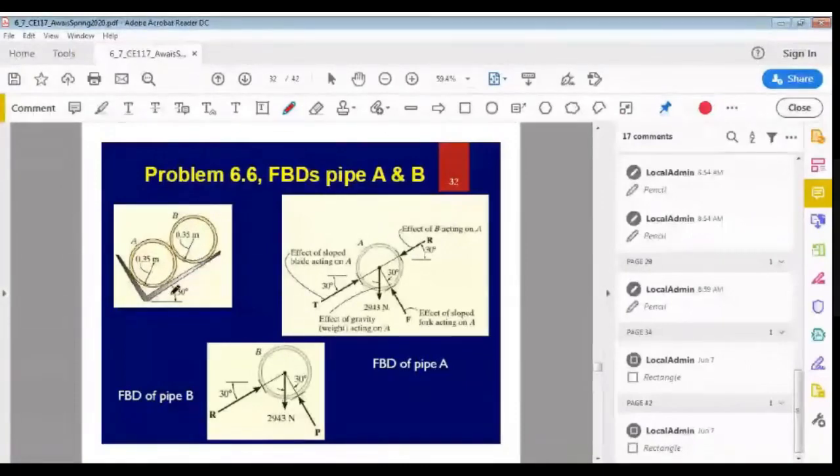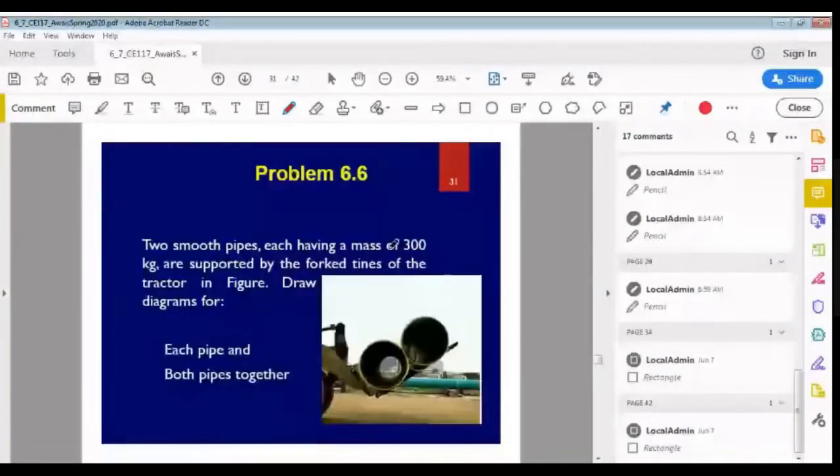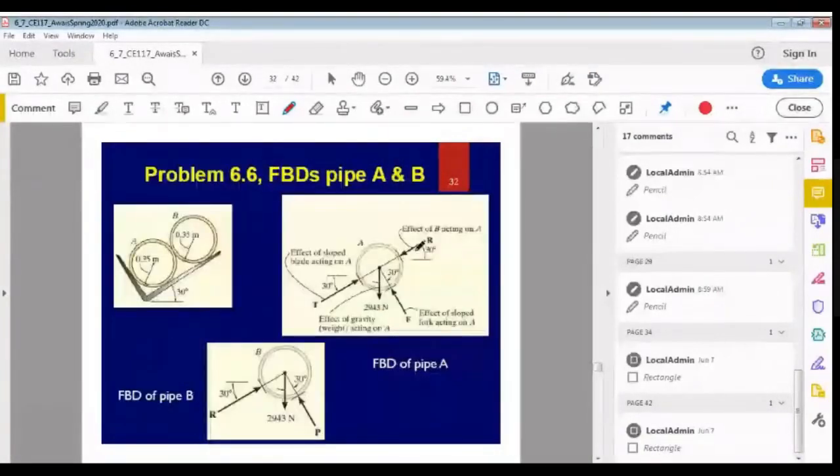So first of all, let's say I'm interested to draw the free body diagram of this left pipe, pipe A. So first of all, I'll draw the pipe A, then I'll show the applied loads, and it is only subjected to its own self weight, which was of magnitude mass of 300 kilogram. You can convert it into weight by multiplying it with the acceleration due to gravity. So it will act through the center of this circle or cylinder. So this is the weight of this